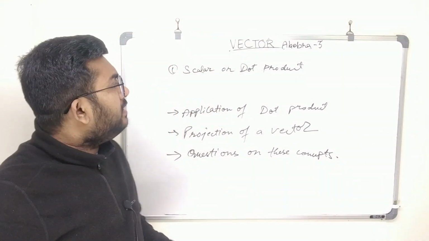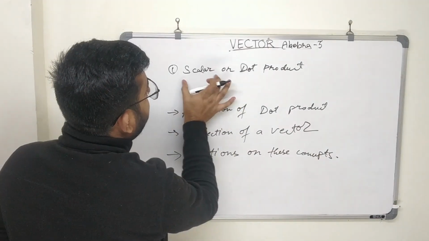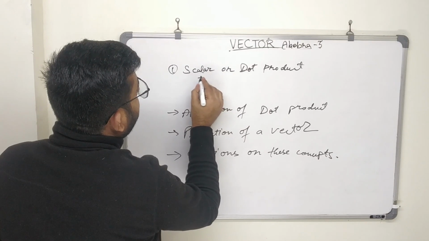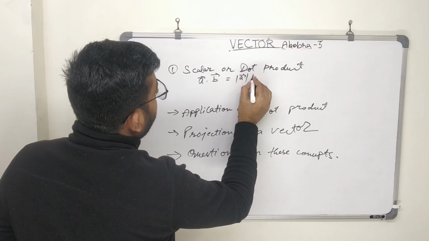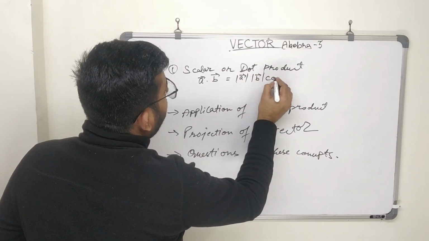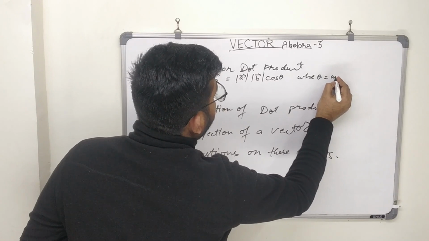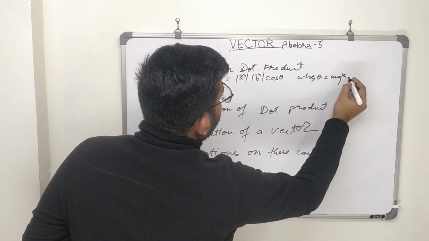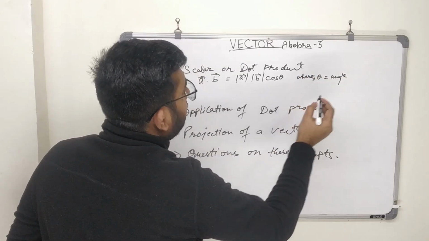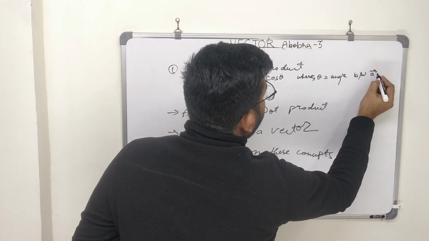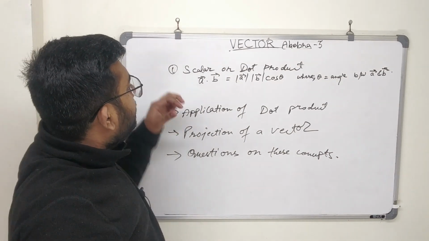So before ending this session, एक दो चीजें और आपको बता देते हैं हम. दैट इज, जब हमने पढ़ा स्केलर और डॉट प्रोडक्ट क्या होता है, A वेक्टर डॉट B वेक्टर इज इक्वल टू मैग्नीट्यूड ऑफ A वेक्टर इंटू मैग्नीट्यूड ऑफ B वेक्टर इंटू कॉस ऑफ थीटा, वेयर थीटा बराबर एंगल बिटवीन A वेक्टर एंड B वेक्टर. तो एक चीज मैं आपको बताना भूल गया था पहले, इसको स्केलर प्रोडक्ट क्यों कहते हैं.